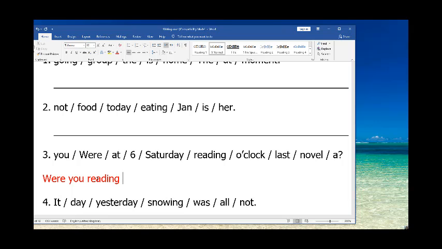You know what's a novel? Novel is a story. Okay, can I say novel? No, I have to say a novel or the novel. So do I have a or the? I have a. Okay, so a novel. So were you reading a novel? When were you reading the novel? I have a time here? Yes, I have. I have a number 6 here and I have a clock. When I mention the time, what is the preposition that you put before the time? At. Yes. So at